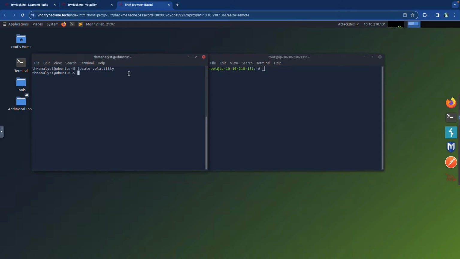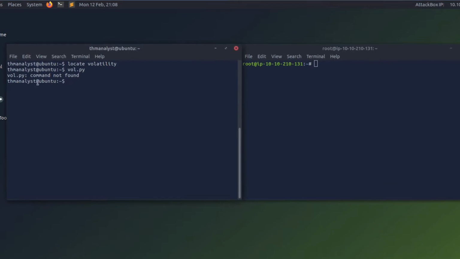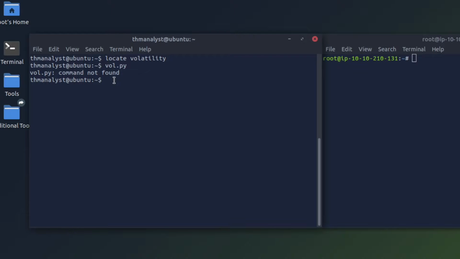Python vol, so vol.py. What if I did that? And there is no vol.py command. So that might be an interesting thing that I don't think it's inside of this machine. So let's see where we are right now. So print working directory, we're at home. And in this directory,